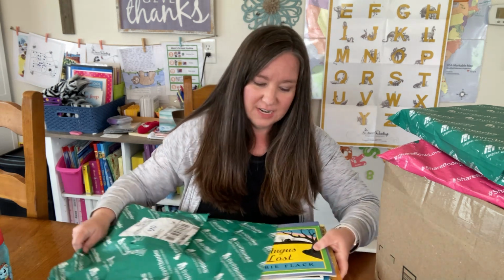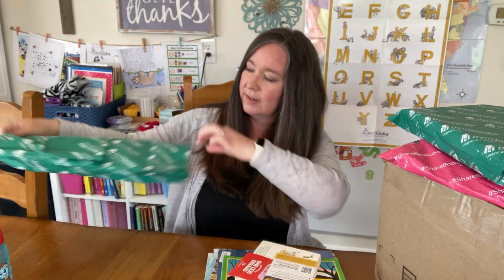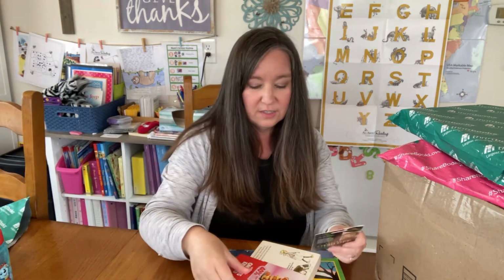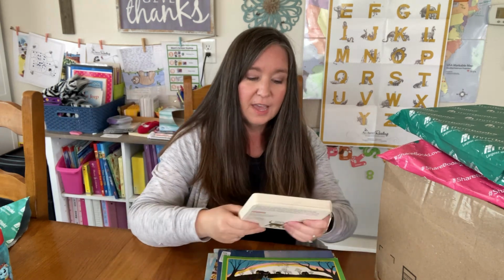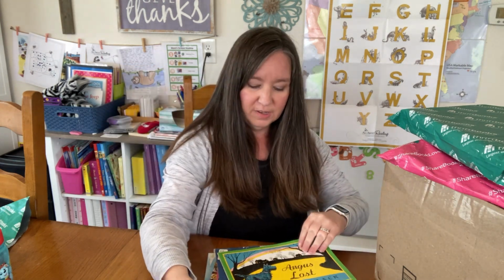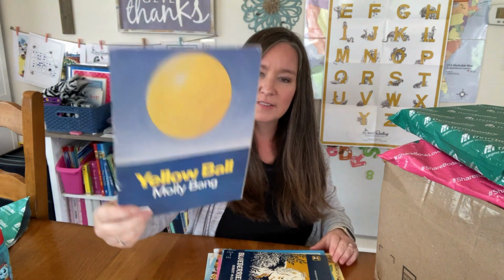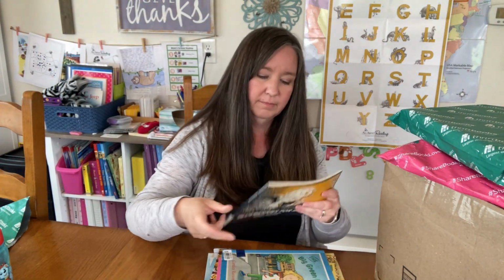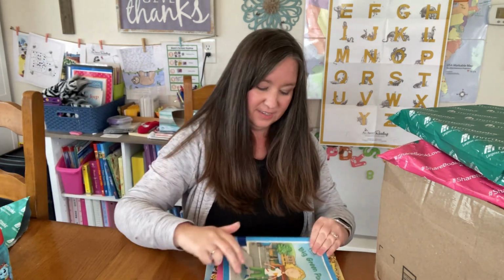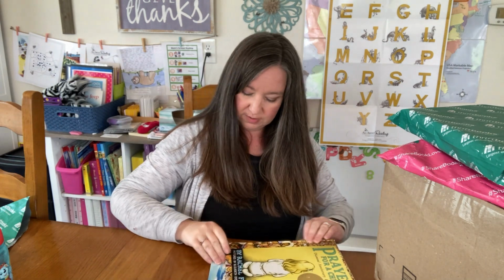So let's see what's in the first one. Just taking a peek to make sure it's actually empty. Okay, so they always send a few random things, but I got We're Going on a Bear Hunt, that's a board book. I got Angus Lost, Yellow Ball, Blueberries for Sal, The Big Green Pocketbook, Ask Mr. Bear. Oops, this one's stuck. Prayer for a Child,